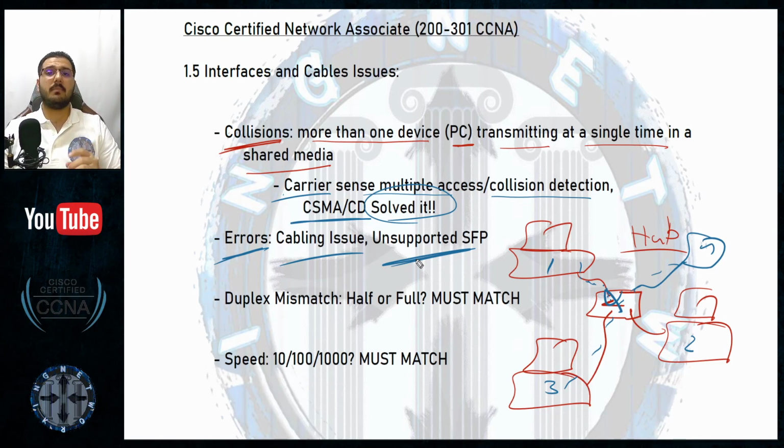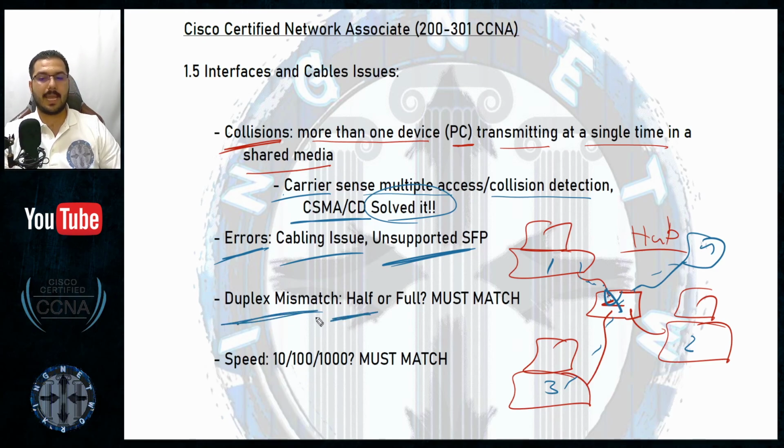What happens is that the polarization of dividing the colors from dark red to purple, the polarization that the SFP uses on both ends, is different from the polarization that this cable can carry, and that's why the light was showing only purple and the colors were not matching on both ends, and it made a mess. So layer 1 errors can be a cabling issue, unsupported SFP, unsupported polarization if you are in the fiber optic world, etc. But when we go to the duplex mismatch,